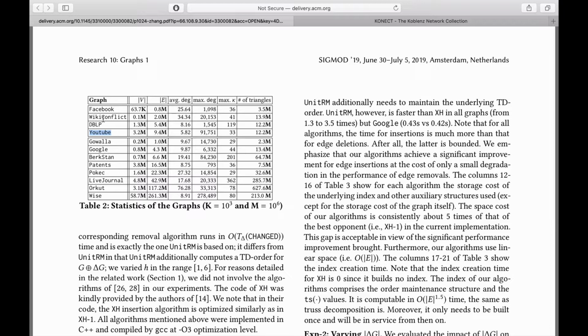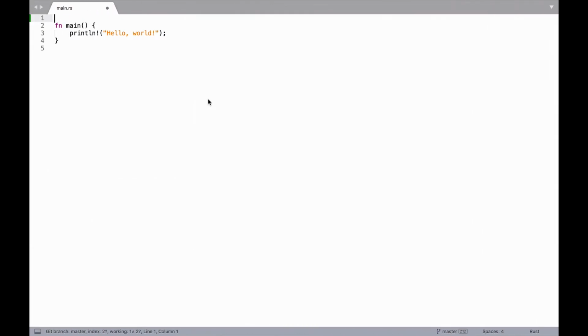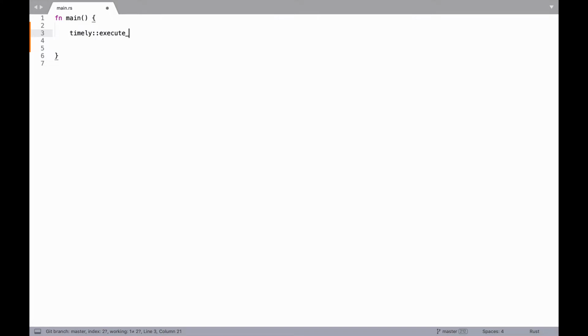So I have these two in my hot little hands, and I thought we'd start out just by writing a little bit of a shell that will load these up for us and do something. Well, maybe we'll start with just computing triangles or something like that. So let's write that out. We're going to do sort of standard timely execute from args,